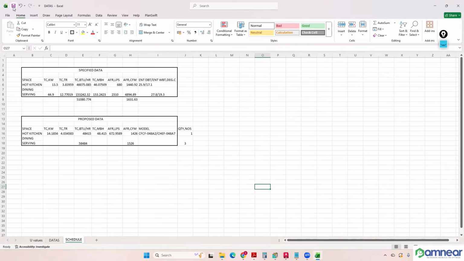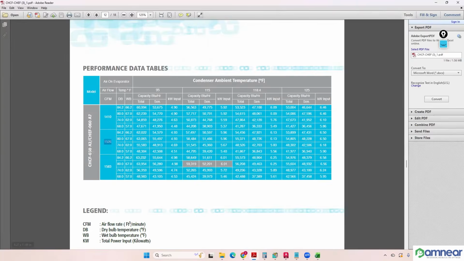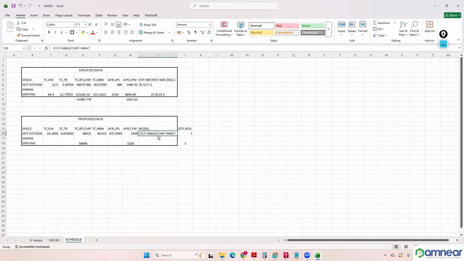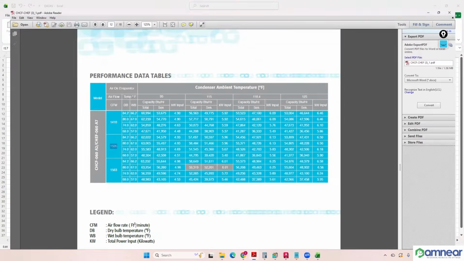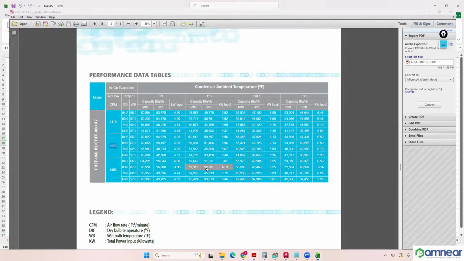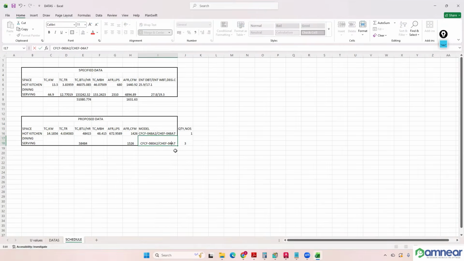Now, so the model will be CHCF 060A2, CHCF 060A2, then CHEF 060A7. This is our proposed data. Based on this only, we will be doing